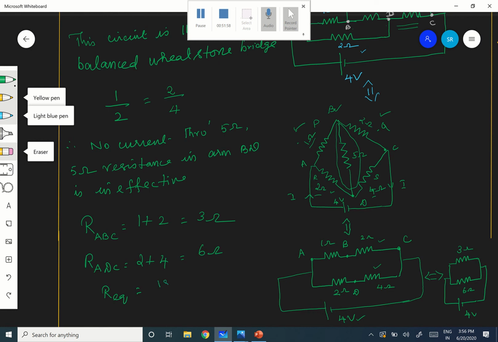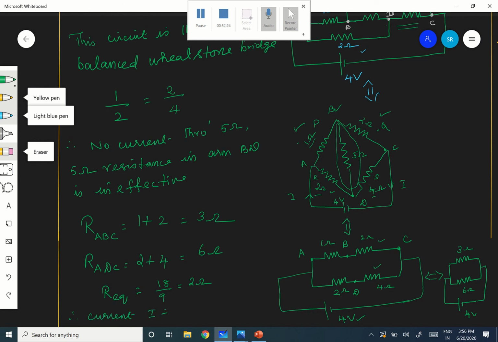Divided by 9, therefore you will be getting this as 2. So you have an idea about R equivalent, and therefore the total current. What is asked? Only the current is asked, no? What is the current drawn? Therefore, current